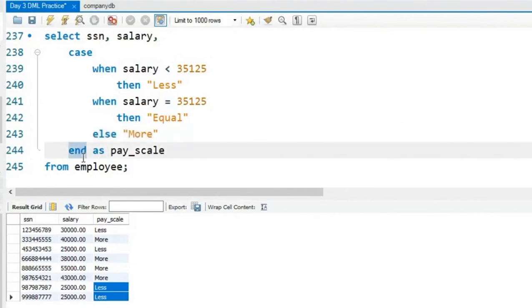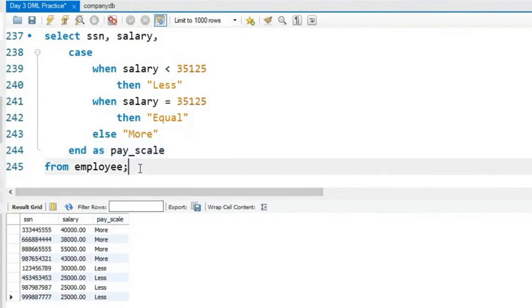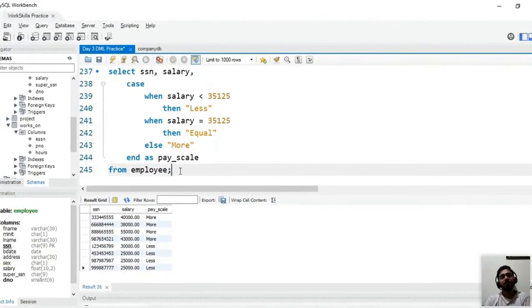And the last keyword is end. So after all the conditions are written, you have to end the case when statement with the end keyword, and then you can rename it as whatever column you want. So here I'm renaming it as pay scale, and that column name will come up in the output. All right. So this is how you can use case when statements to create a new column from an existing column depending